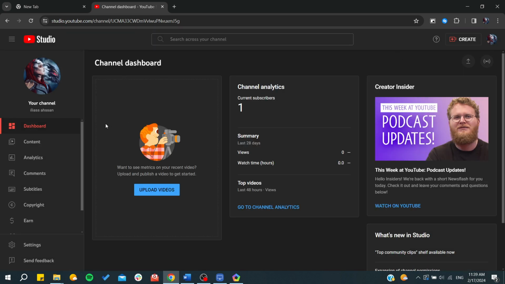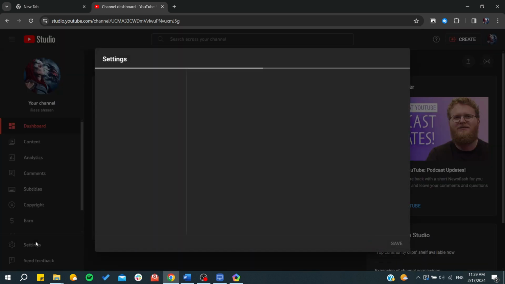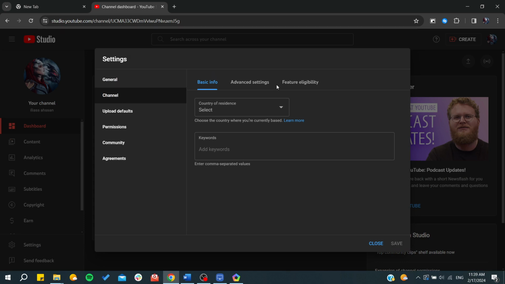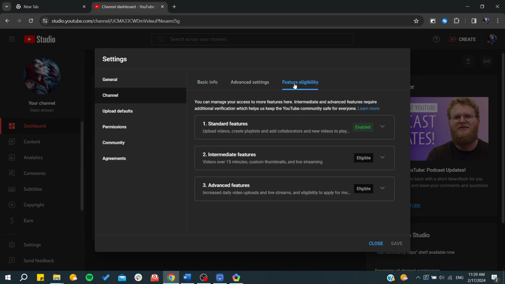So basically, first you will need just to have the eligibility to create custom thumbnails on videos. So you will need to verify your account. To do so, you will need just to go to settings from here, and then go to channel. After that, we go here on feature eligibility, and we can see that we have three types